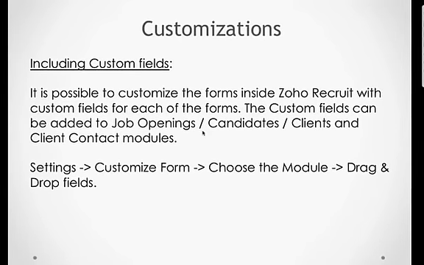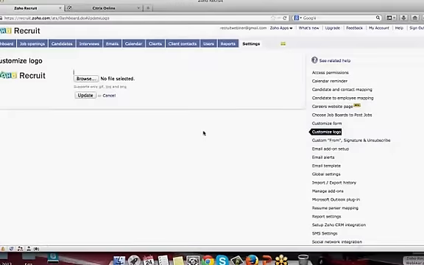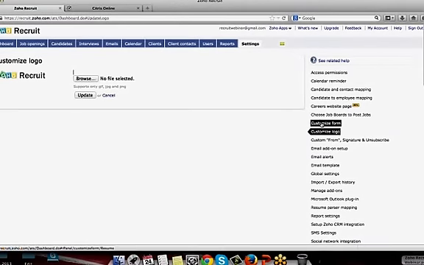The next thing we'll discuss is including custom fields. So what are custom fields? The custom fields are nothing but the form fields that are there for individual modules that you have. It could be your candidate application form, or your job opening form, or in the case of staffing agencies, client and client contact forms. All these forms can have a variety of fields that you can define, what exactly you require on the particular form. Under settings, it is called customize form,